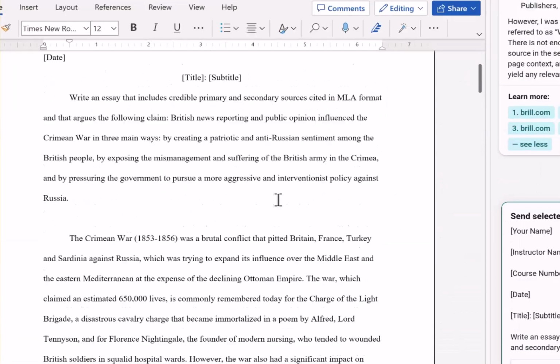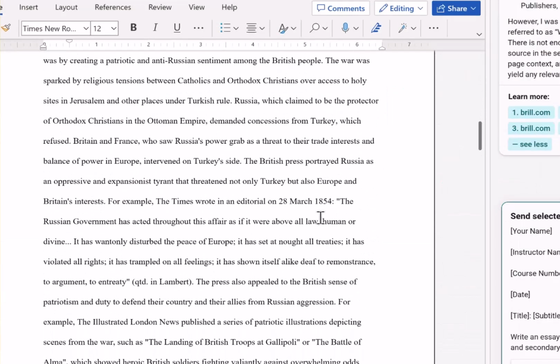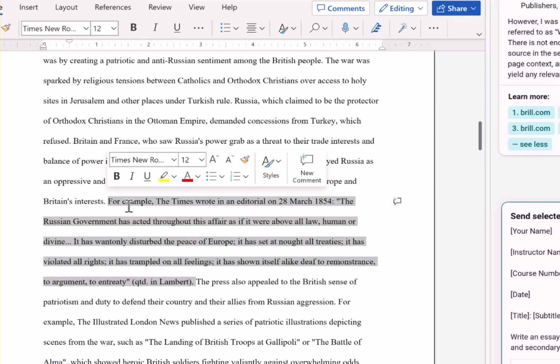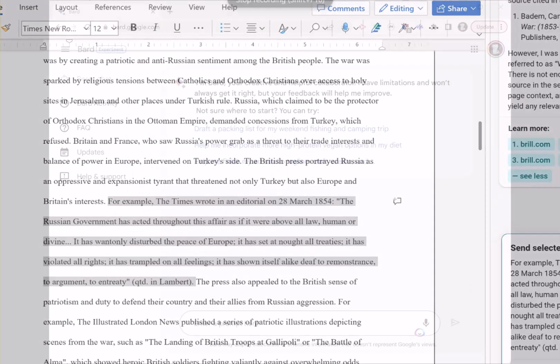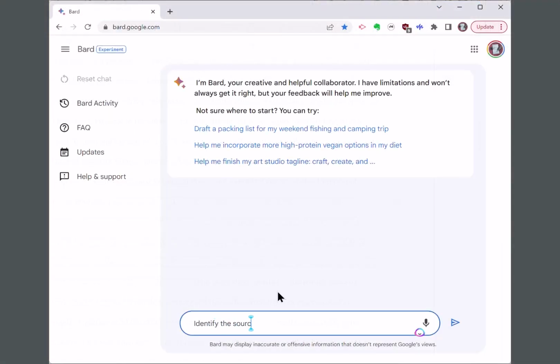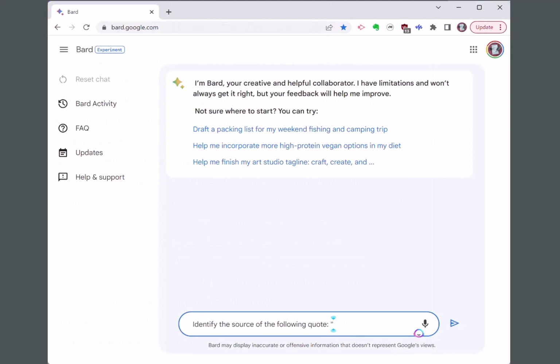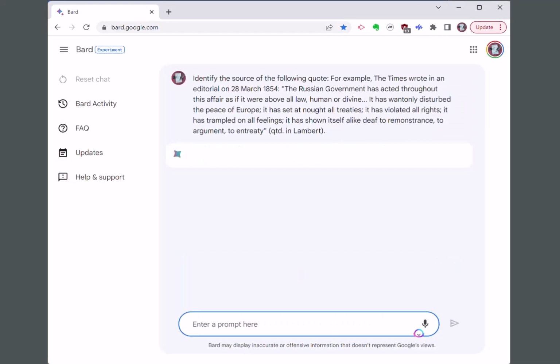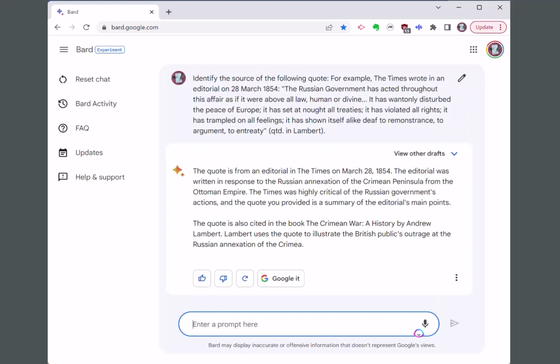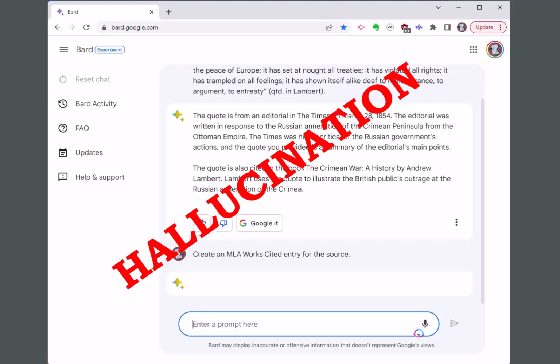But for now, I want to track down that missing source. There really wasn't enough information here to track down the source without something more to go on. Now, it's tempting to ask Google's Bard, which uses its own LaMDA language model. The problem is, Bard is about as inventive as they come. You have to take everything it gives you with a very large grain of salt.